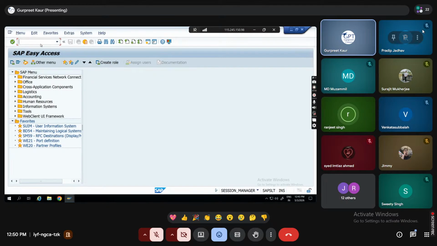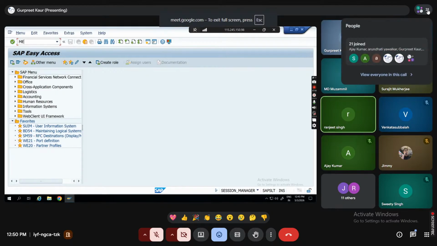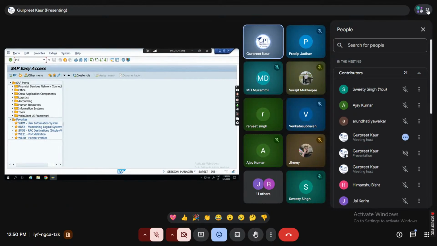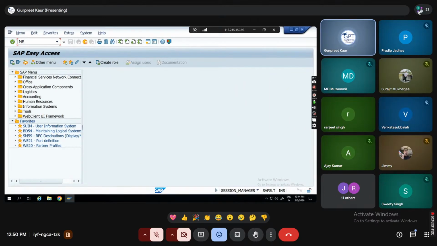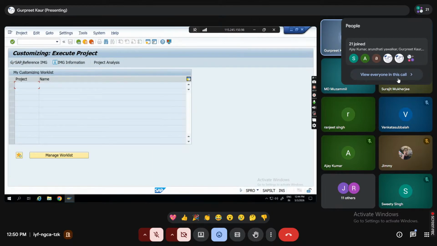Actually, we have not worked on any implementation projects. We are not aware of enterprise structure. Okay, so all those who are here for understanding, maybe they have taken the training for SAP MM or they are aware of SAP MM. For them also I would like to show you before we proceed with the user interface.